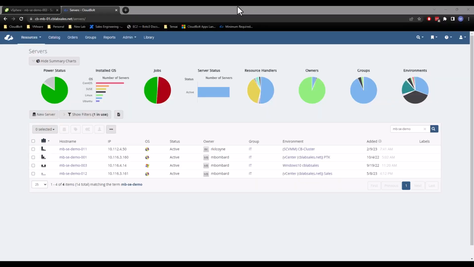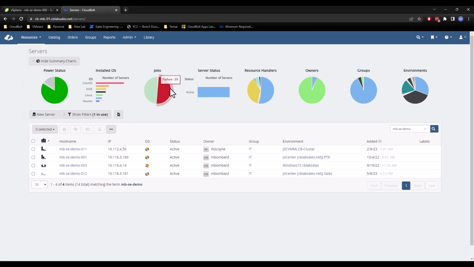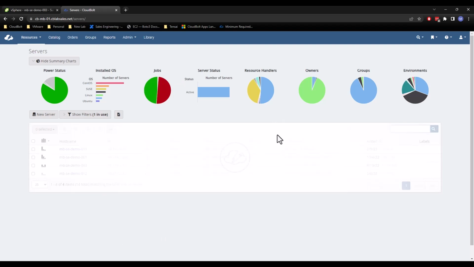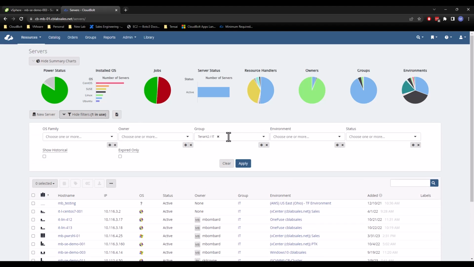Okay, so we are now in my instance of CloudBolt. I'm going to start out on my servers tab. So to get here, if you're following along, you go to resources and then servers inside of the system. My view is currently filtered to show servers that I can see inside of my IT group. So I'm going to clear those filters. I don't want to just see things that are inside of my IT group,